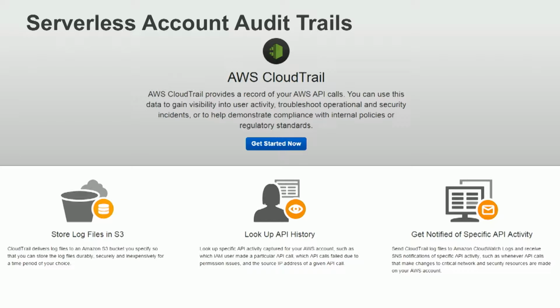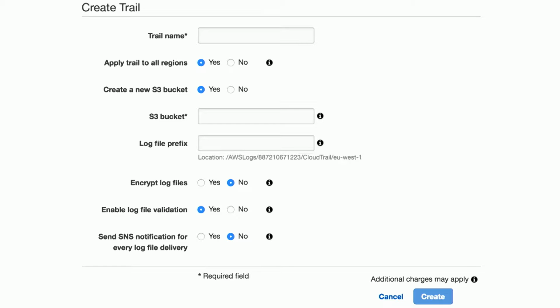The first trail is free. If you don't have CloudTrail running on your account, again, in the break, go turn it on. It's free, it's a no-brainer. This will allow you to see what's happening across your environment and to start to become reactive to where things are happening in your environment. It's really, really simple to set up. You just give it a name, and then it does a really cool thing.